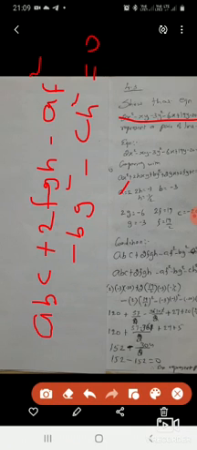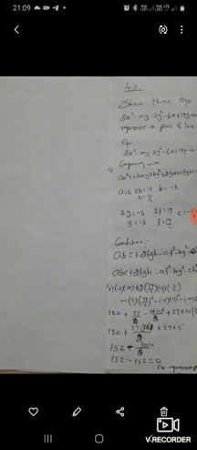Suppose it is not equal to 0, then the given equation does not represent a pair of straight lines. But here we are getting this value equal to 0. Therefore, the given equation represents a pair of straight lines. Now, the same type of sum. Listen, find the value of k, the missing value we have to find out.